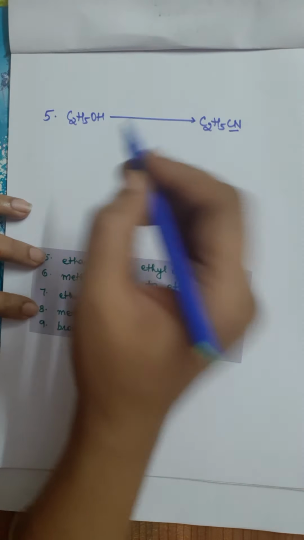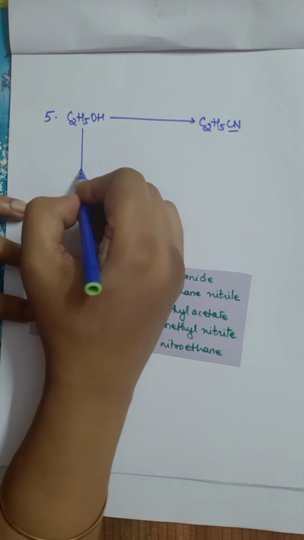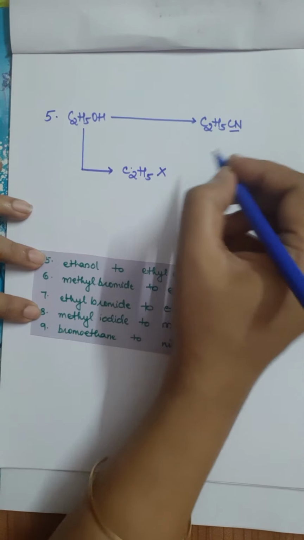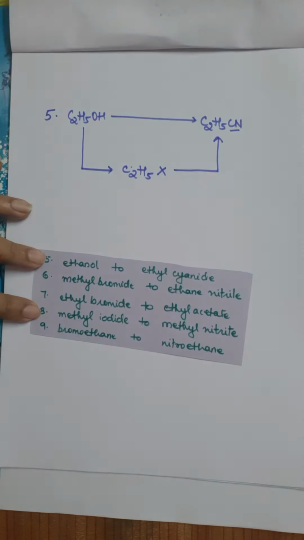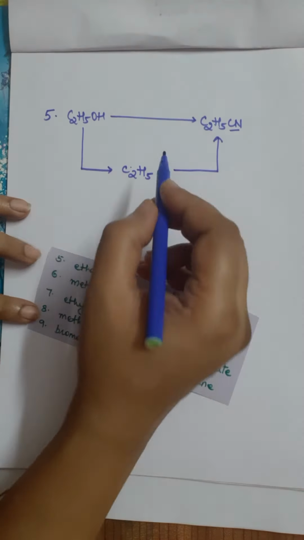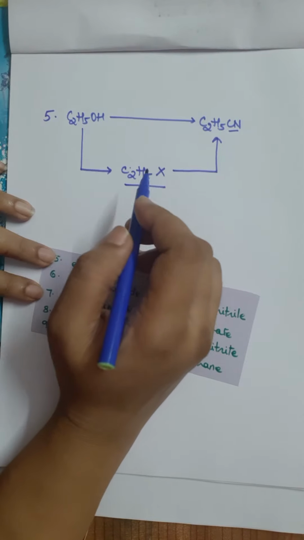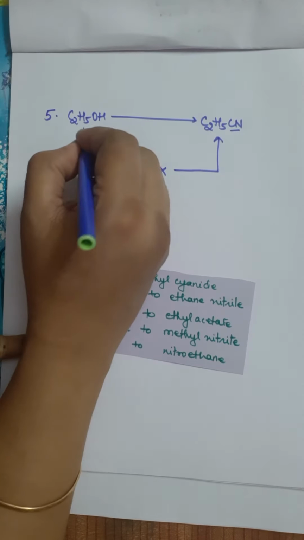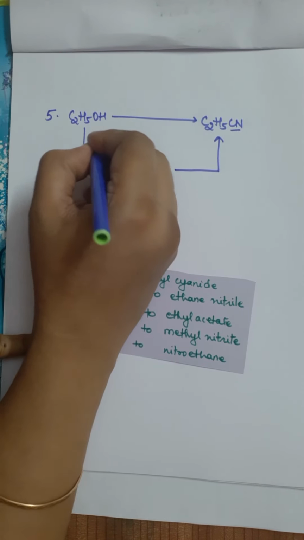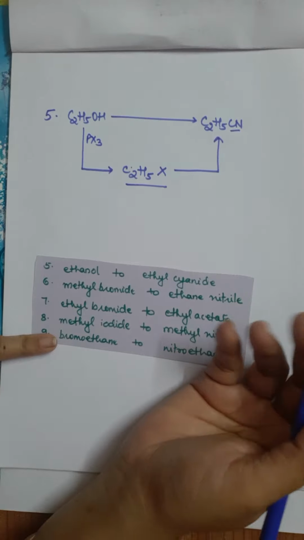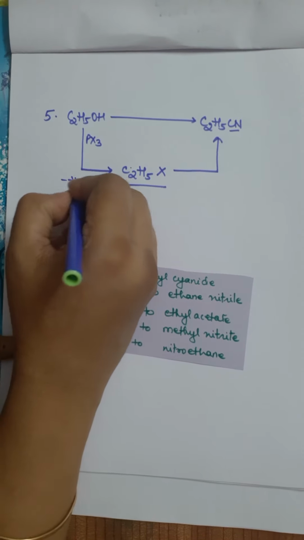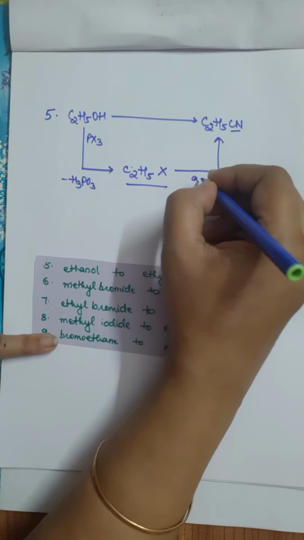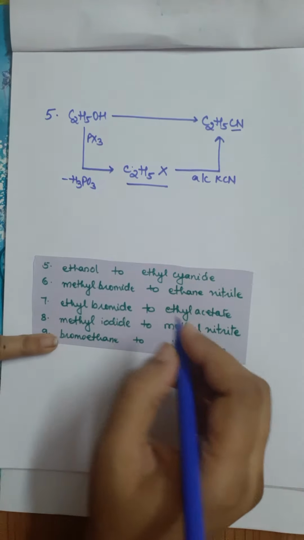So one method that you have learnt is, if you convert this ethanol into C2H5X, then you can convert it into cyanide. Okay, so you had learned the preparation of alkyl halide. So I have given you both the things together. So first step will be preparation of alkyl halide. So I am taking any example, like you can have PX3 or PCl5 or HX with catalyst, minus H3PO4 or PO3, will give you C2H5X, and then with alcoholic KCN or NaCN it will give you the